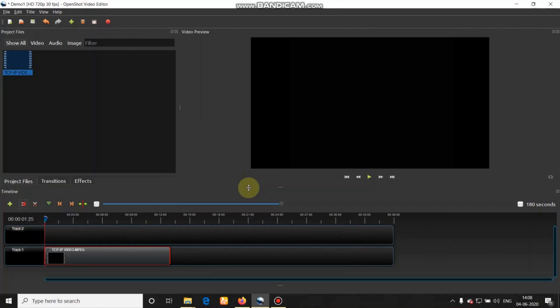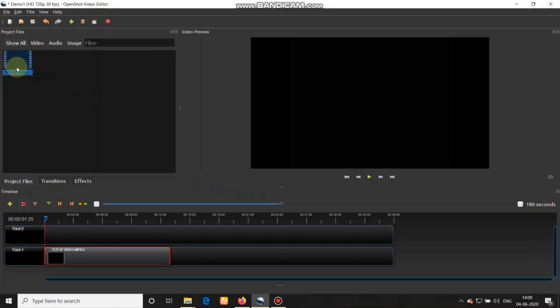Adjusting volume is required only when you feel that one of the clips of your recording has a feeble voice, and you want to boost up the voice. In that case, we can go for adjusting the volume. So how do we adjust the volume?